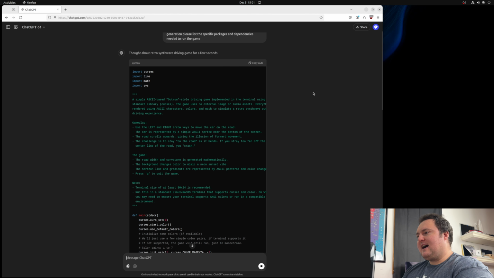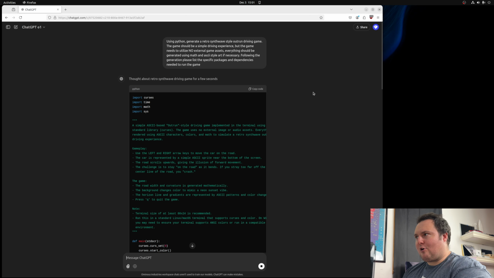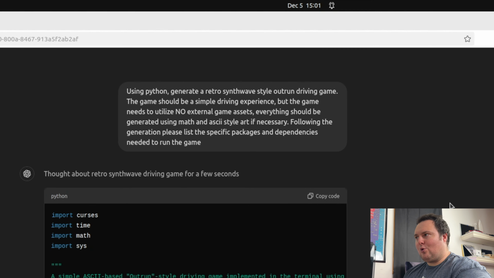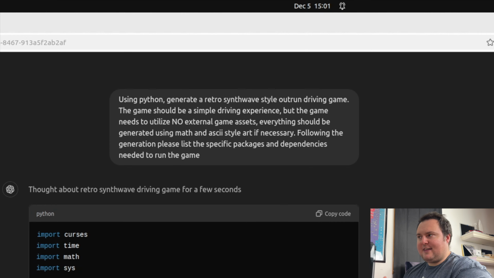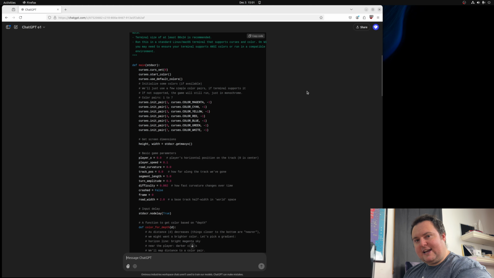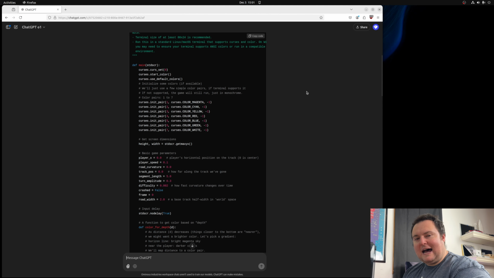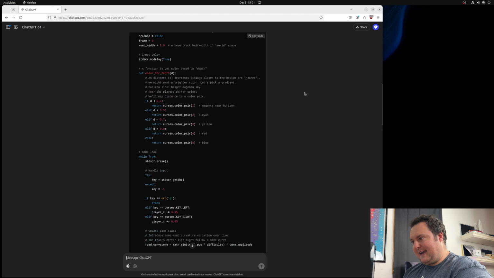And quickly, I will just go over the prompt, which is essentially: using Python, create a retro style synthwave driving game using no external game assets or non-standard Python libraries. So basically we're giving it a pretty strict limitation in terms of what we're going to allow it to use to make a game. Okay, so